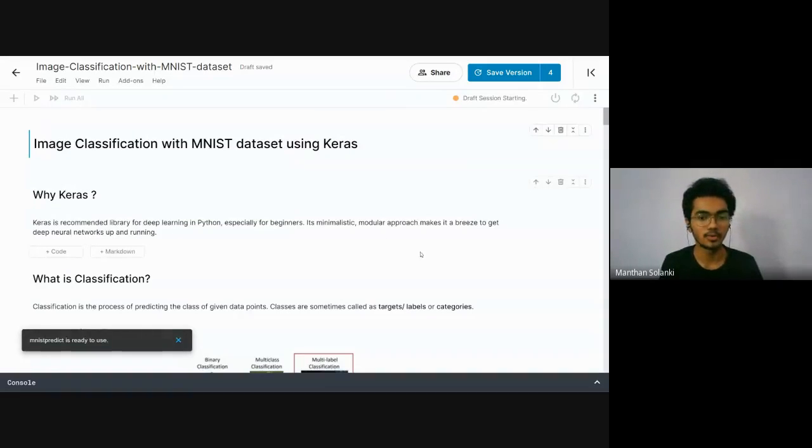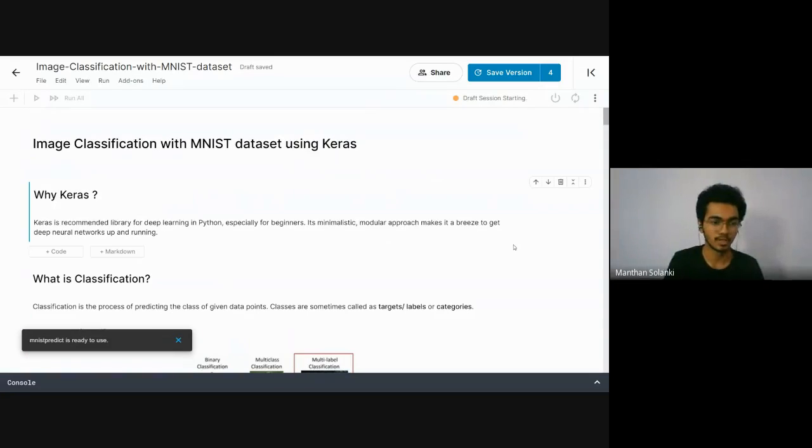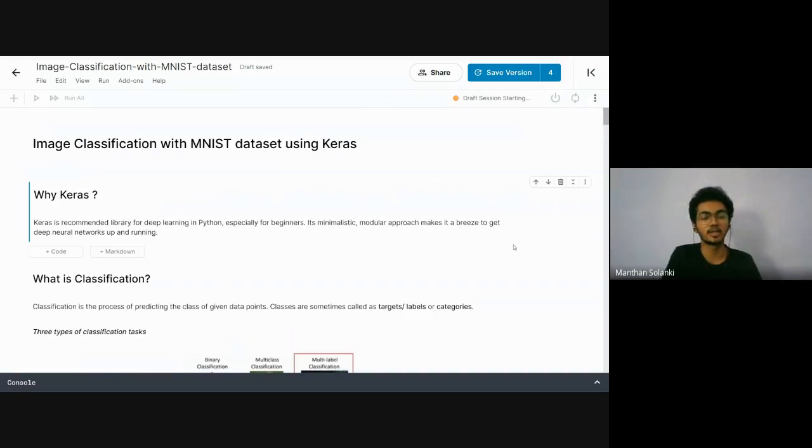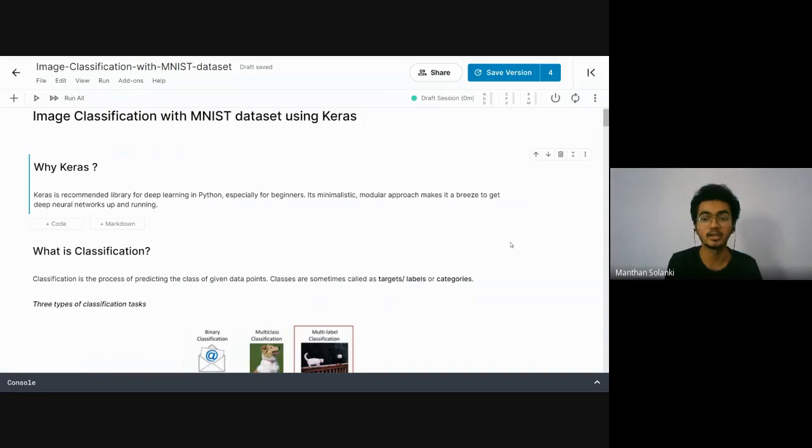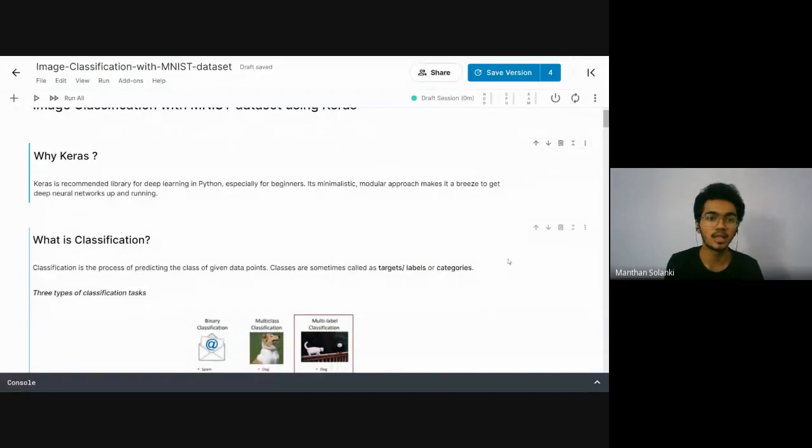So I have created this notebook. So let's start with this session. Okay, so why Keras? First of all, I am going with Keras here because Keras is a very great library for any beginners. They provide all the functions and layers, and you have to write more abstractly during your code. TensorFlow and Keras are widely used for classification, and if you just want to start with deep learning, then I suggest that you go for Keras.